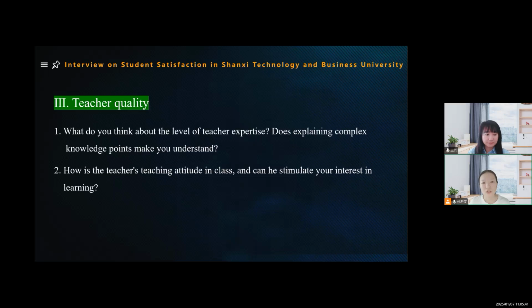Moreover, the teacher would share some of his interesting experiences in scientific research and practical projects, which made us understand the charm and broad prospects of the management field, and further stimulated my interest in professional learning.